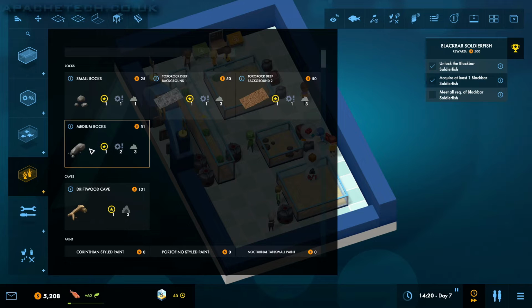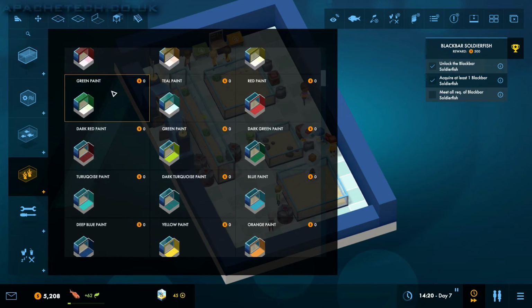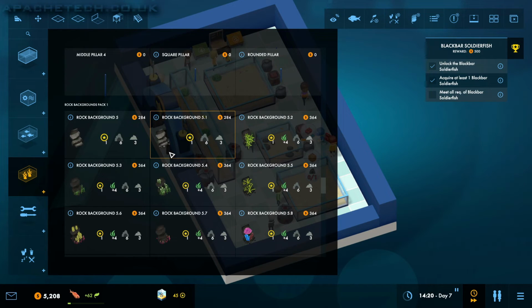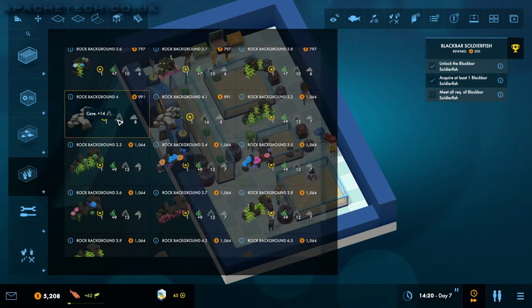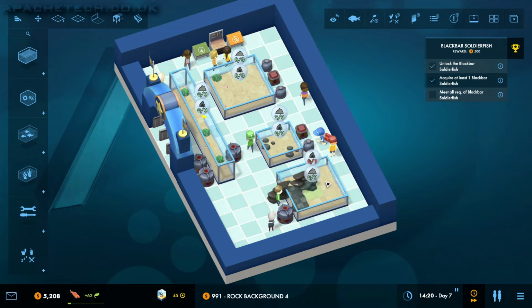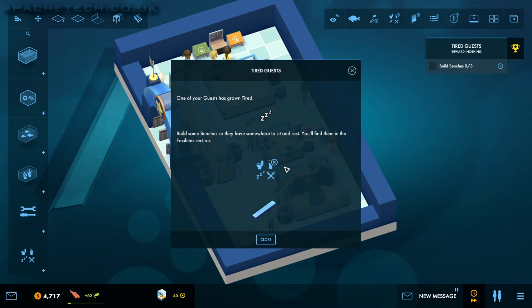And we need some cave. What do we have in the way of cave? We have medium rocks. No. We have driftwood cave. What else do we have? All of this stuff down here. Okay, so this is another reason why some of this stuff shouldn't be opened so early. We've got like rock background 4 here. Let's just see if we can add something like this in. What does this do? Yeah, we can. So if we place that one in, that adds a ridiculous amount of cave. It looks amazing, don't get me wrong, it does look amazing. But it does